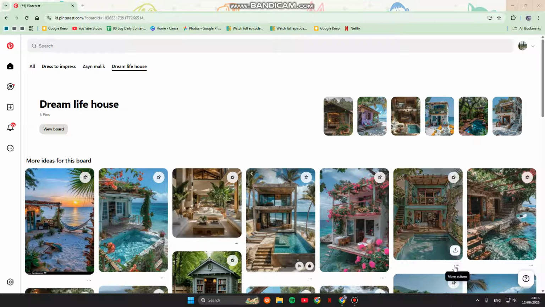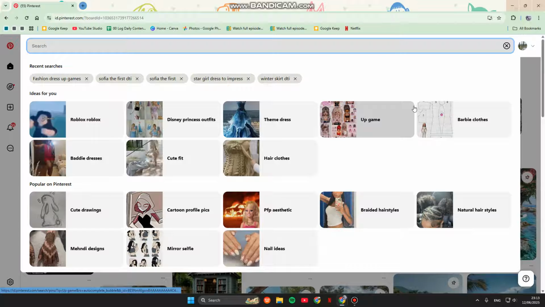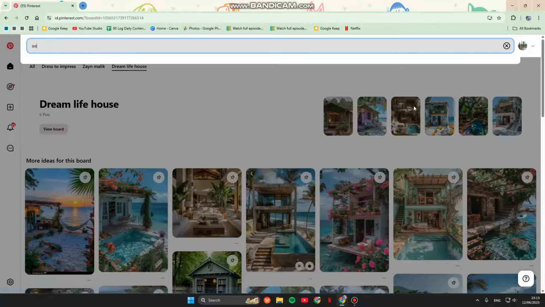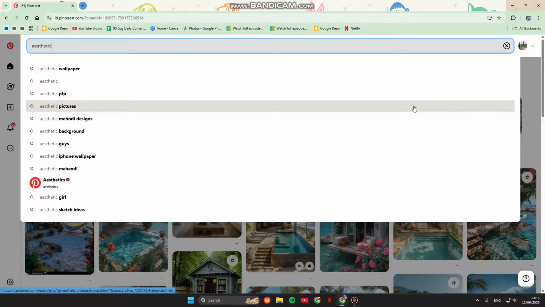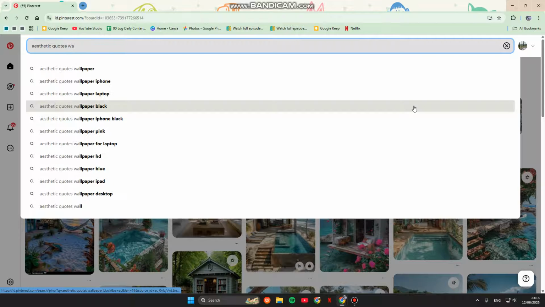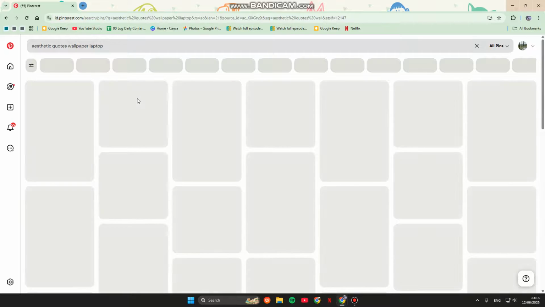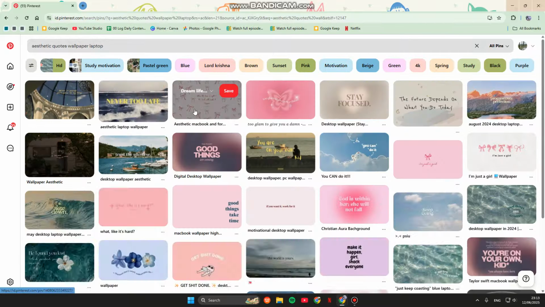So first you can just open Pinterest and search for the vibe you want. For example, I'm going to just go with, let's say, aesthetic quotes paper. Okay, you can go with that keyword that you want, and in here you can just find the one that